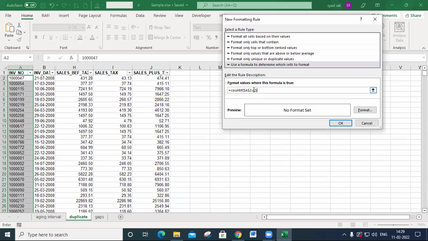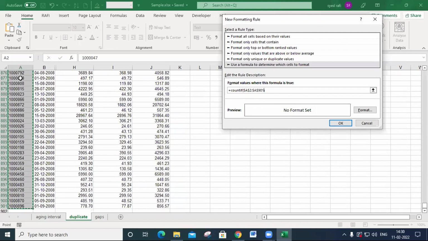In COUNTIF, the first parameter is the criteria range. So that's why I select the criteria range, A2 to A901, comma. In COUNTIF, the first parameter indicates the criteria range. I give the total invoice numbers list, comma,